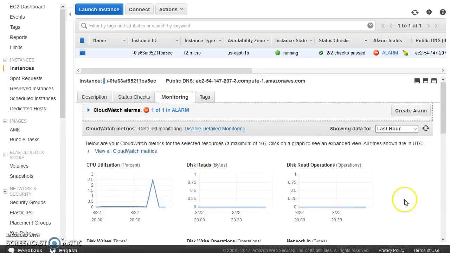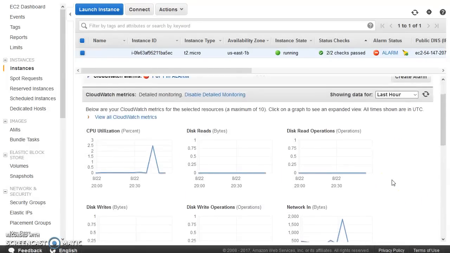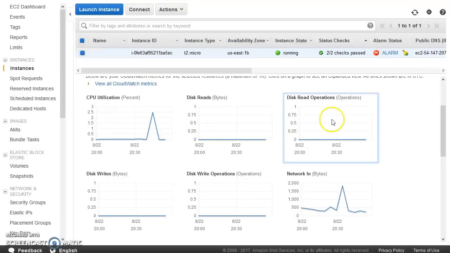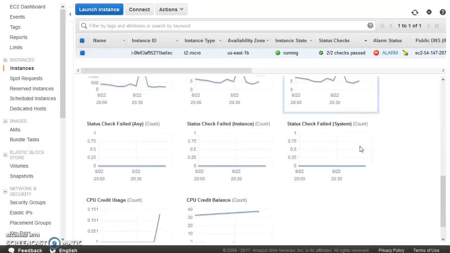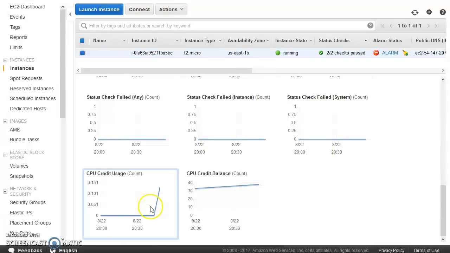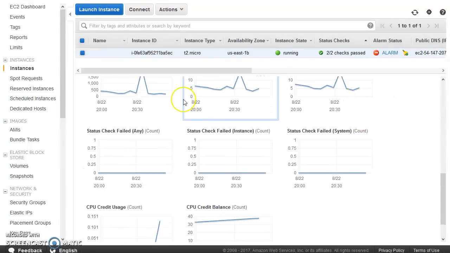For an EC2 instance, if you see here below, how many metrics do you see here? 1, 2, 3, 4, 5, 6, 7, 8, 9. And then you have these 5 more. Now these 9 which you saw at the top are the standard metrics which are pre-built, so you don't have to do anything. Amazon has set this up. These things are getting captured and are shown to you automatically.